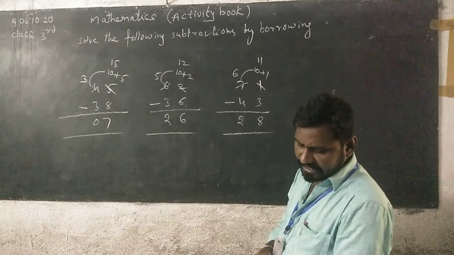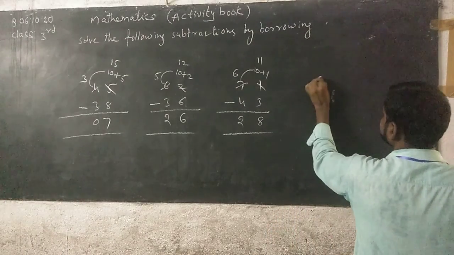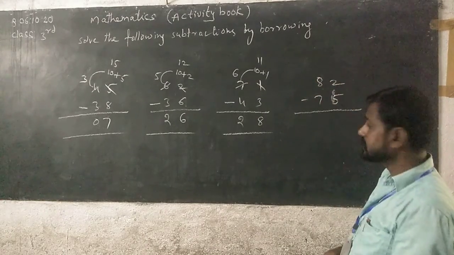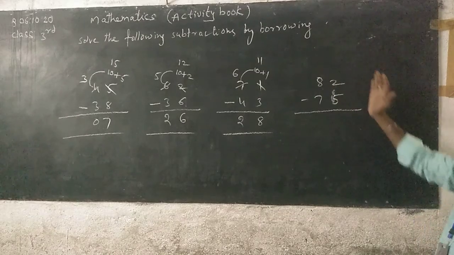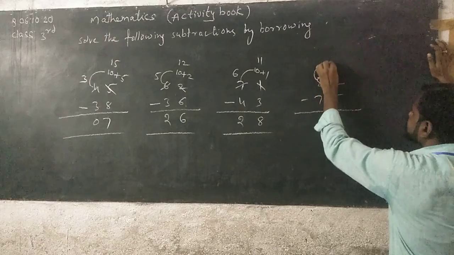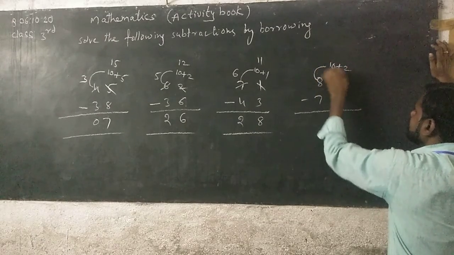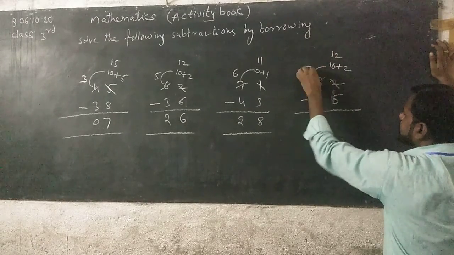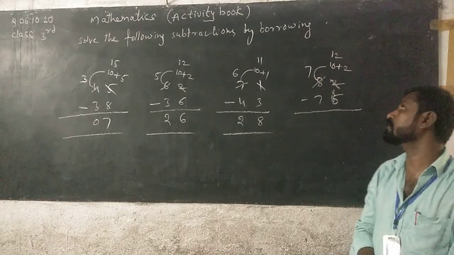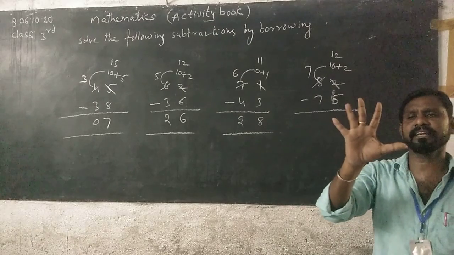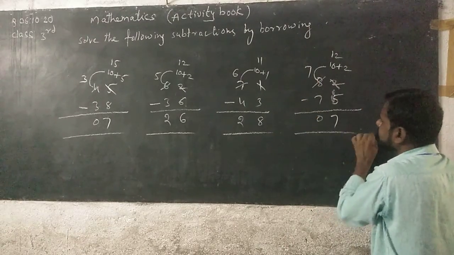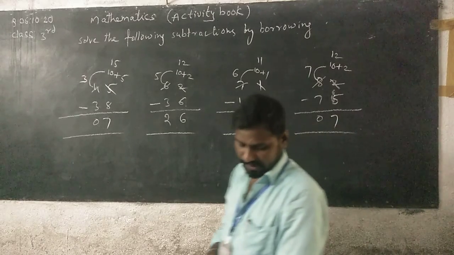Now next 82 minus 75. See here. First subtract the digits in one's place. 2 minus 5 is not possible. Take borrowing from 8, it can give 10. 10 is added to 2. 10 plus 2, 12. 8 is less by 1, here 7. 12 minus 5. You can count after 5 up to 12: 5 after 6, 7, 8, 9, 10, 11, 12. You get 7, write down under one's place. Next 7 minus 7, 0. What is the difference? 07, means 7.